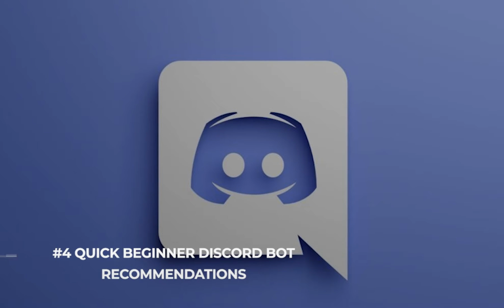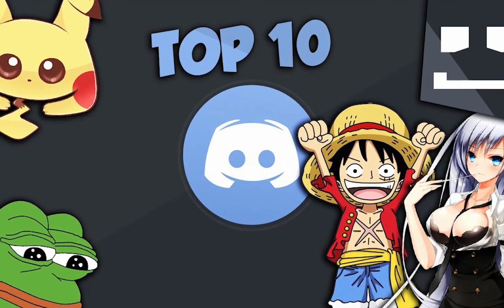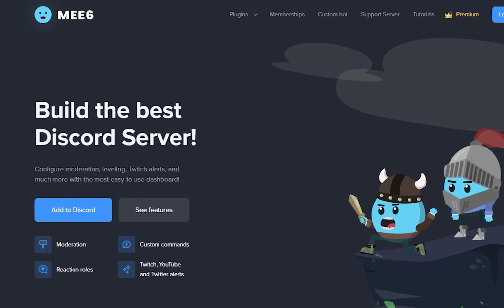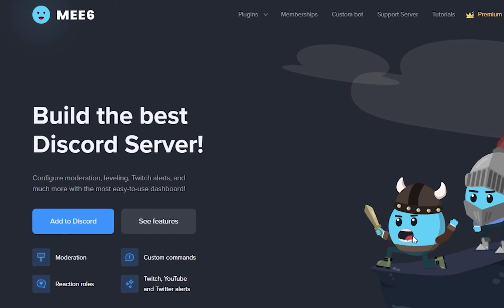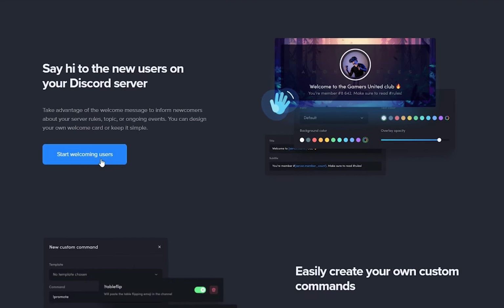Quick beginner Discord bot recommendations. Here are some brief suggestions for the top Discord bots. Me6 is a highly regarded moderation bot. Me6 bot commands can monitor your server's chat room for foul language, incorrect links, spam, and spoilers, and alert users